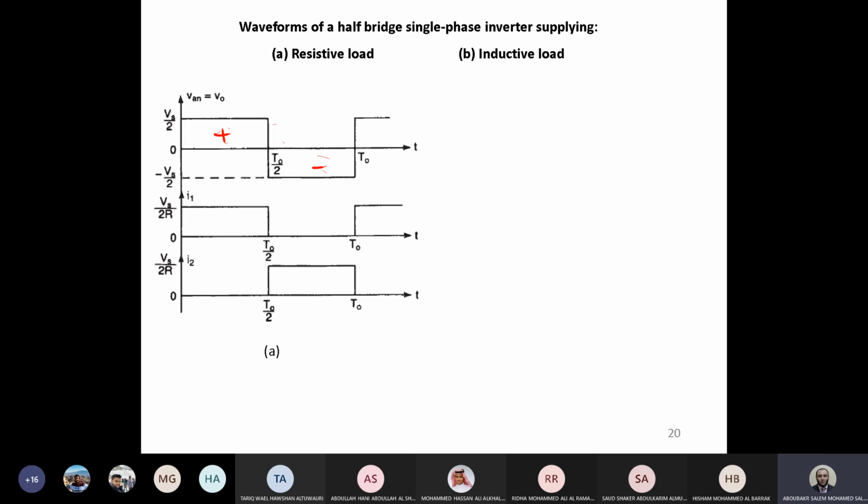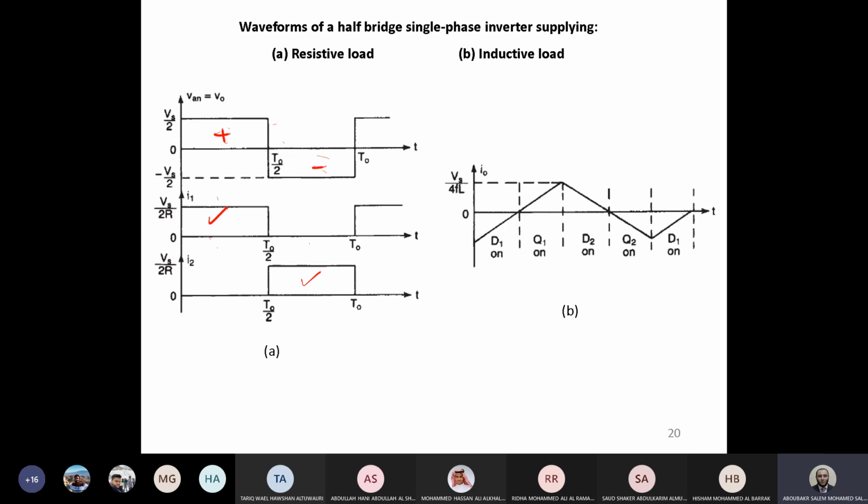Of course, for the currents, we have I1 and I2, which are the currents for the two switches. The current will be the same as the load current during the turn-on time of the switch. So this is now the current I1 for Q1, and this is I2 for Q2. This is for a resistive load. If we have an inductive load, it has different criteria, because in the inductance you will store energy and return this energy again